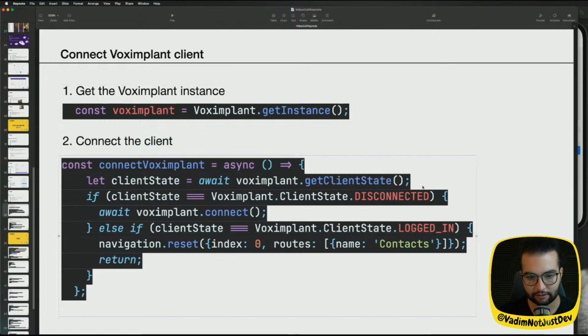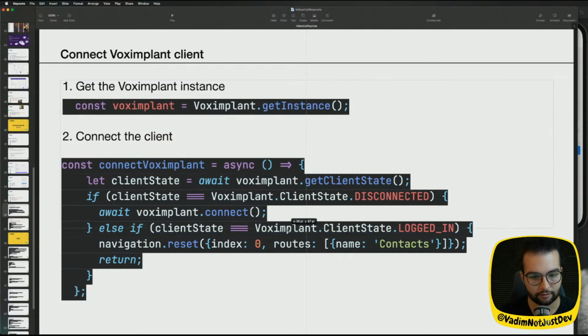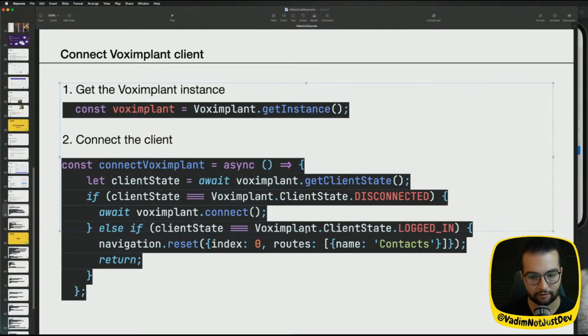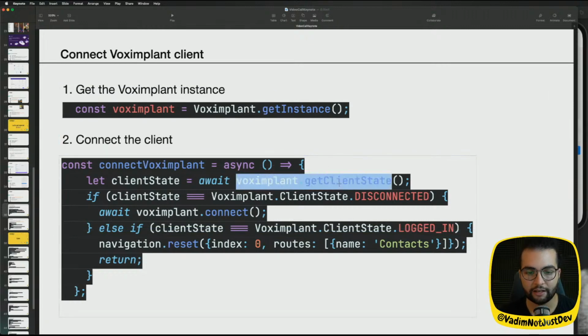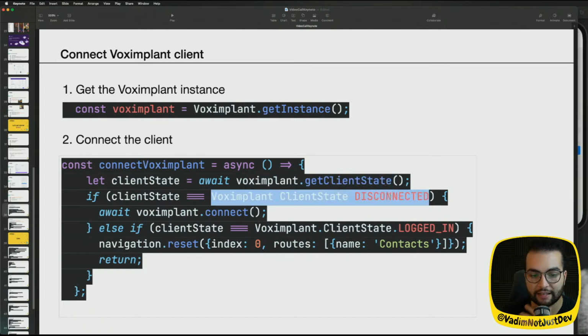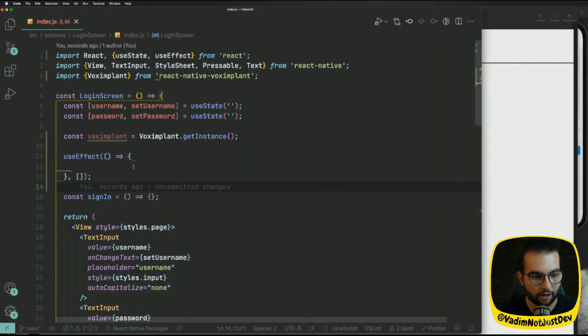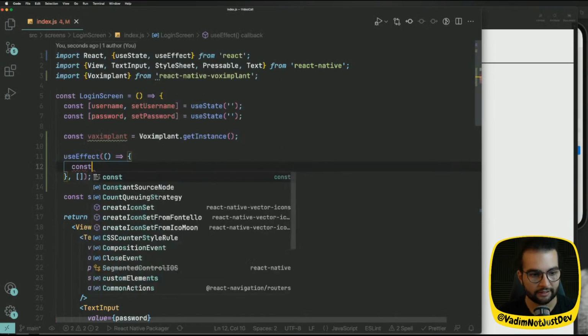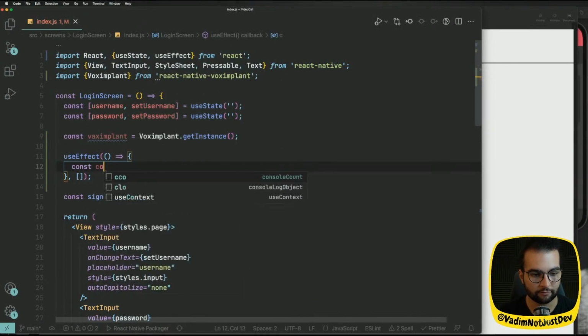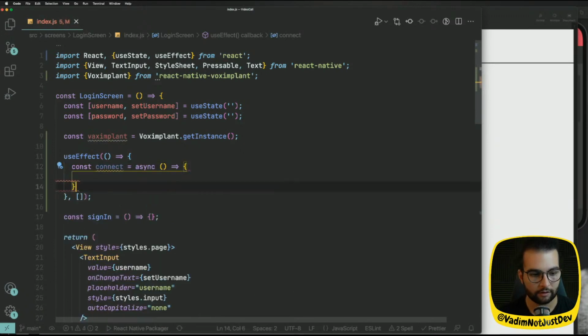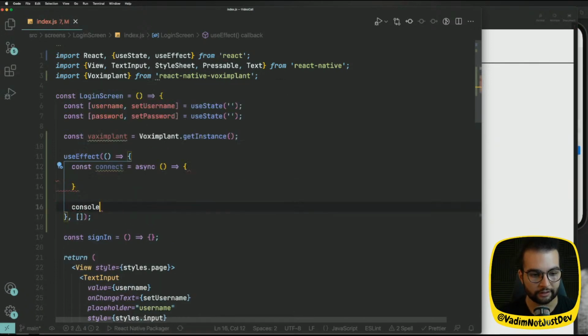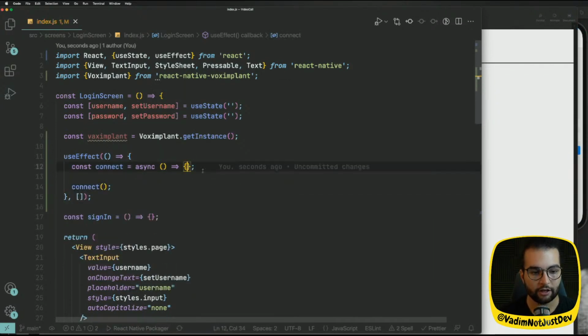Client state. Okay. So we are gonna get the client state, and we have to check if it's disconnected. We want to connect. Okay, so for that, let's define the function connect. Let's right away call the connect function, connect. And here, let's do